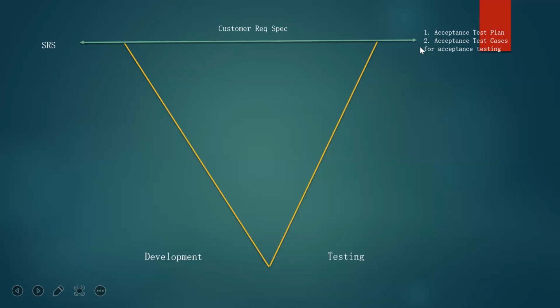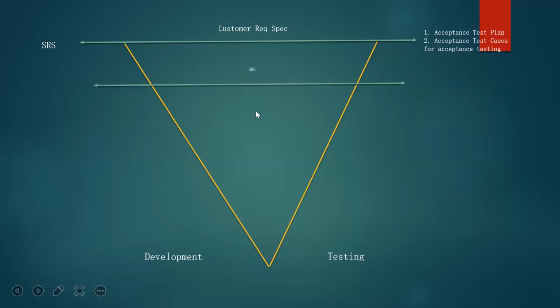In parallel, our QA team will be creating the acceptance test plan. We have something called acceptance testing. These terms need a very detailed view, so if I tell you now, you'll get confused. To be very simple, this is user level testing. For that, the QA team, the testing team, will create an acceptance test plan, and they will also create acceptance test cases. Now this SRS will again be reviewed by the project manager, and he'll be sending it to